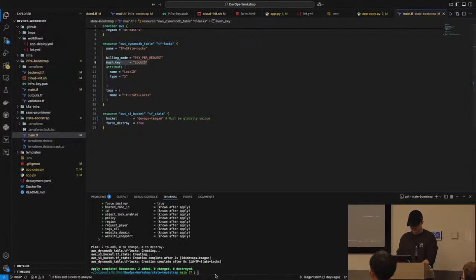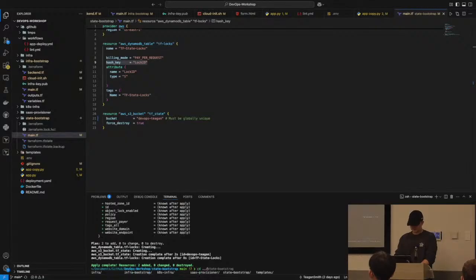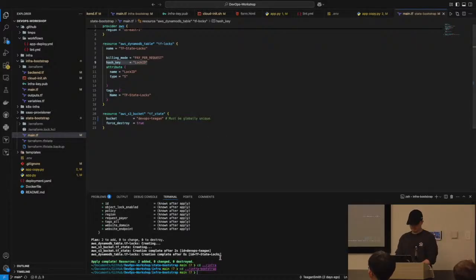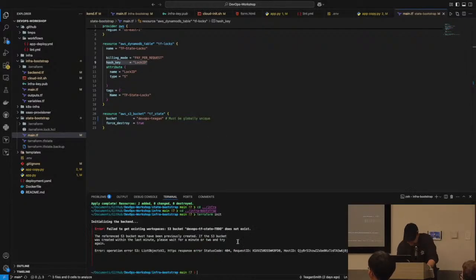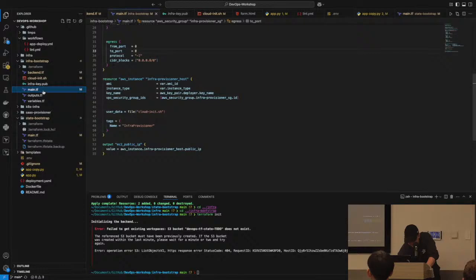Perfect. And then cd back over to our infra. So now we initialize it. We're initializing the backend. Oh my. Give me a moment, please.